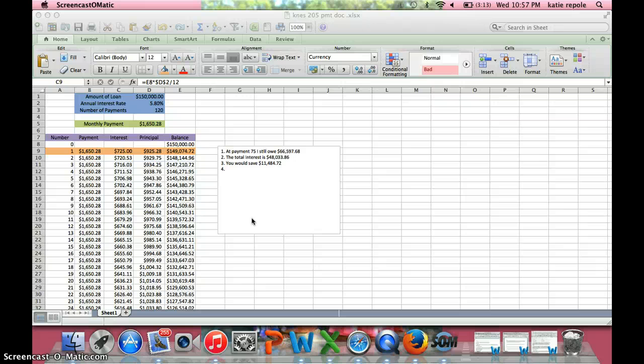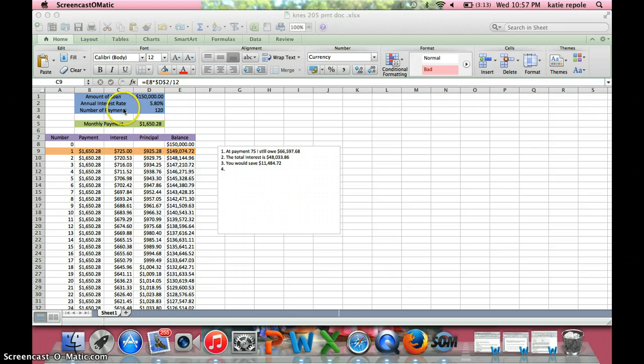A PMT calculates the payment for a loan based on a constant payment and a constant interest rate. For this assignment, we are given numbers to work with. So as you can see, I have my assignment pulled up here. I've already completed the whole assignment, but I'm going to show you the steps I took to